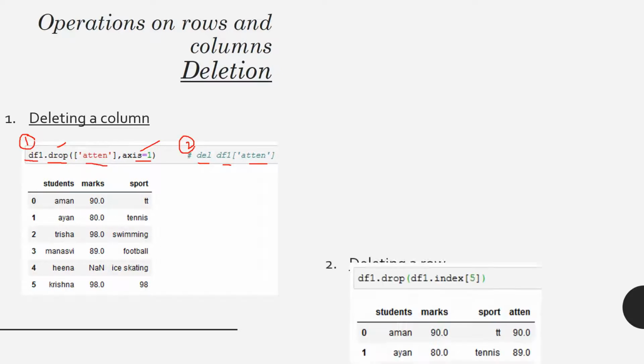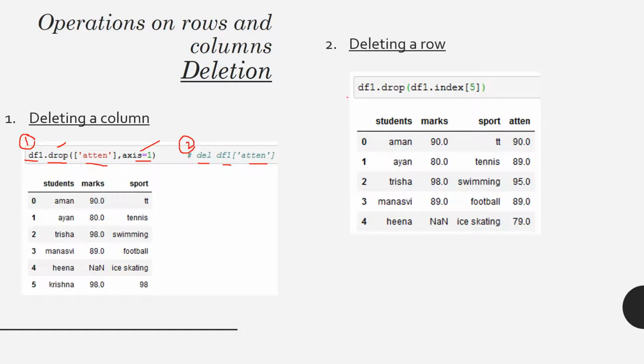Now we are going to delete a row in a data frame. For deleting a row we are having the same function drop. First you have to write the name of the data frame, then drop function, then data frame name dot index 5. Okay, it's up to you. If you want to write df1 dot index 5, you want to specify the column, or you can directly write 5 over here. You can directly write the index label over here. It can work also. So you can see over here we are not writing axis equal to 0,